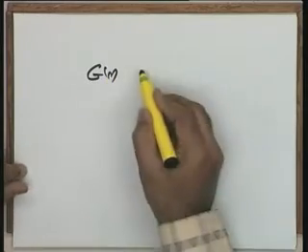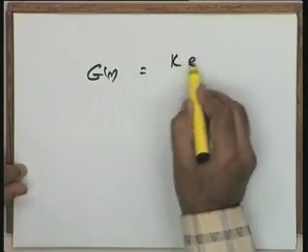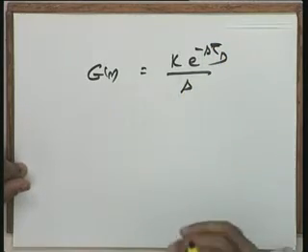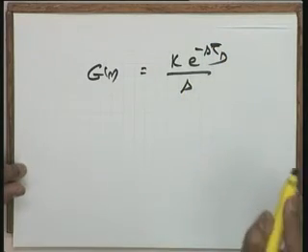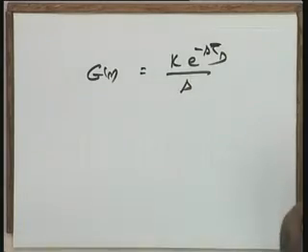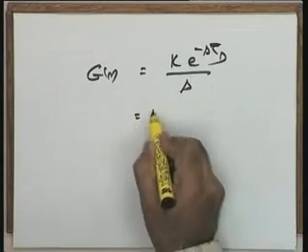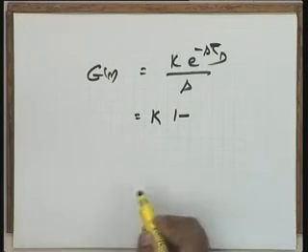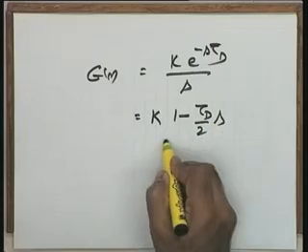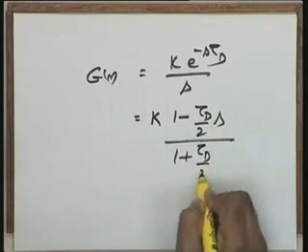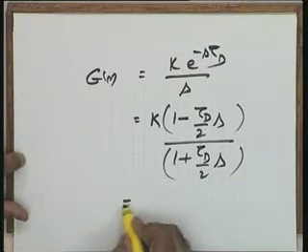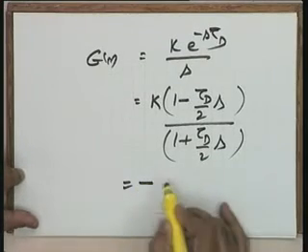Let me take G(s) equal to k e to the power of minus s tau d divided by s. It is the case of a dead time equation. Now you see that whatever method you have seen, the dead time has not come anywhere. So what you can do is, the dead time can be approximated by the Padé approximation. So this can be written as (1 minus tau d by 2 s) divided by (1 plus tau d by 2 s). This is the approximation.